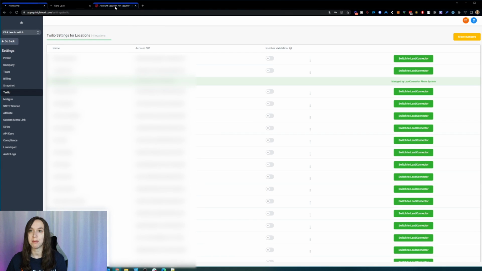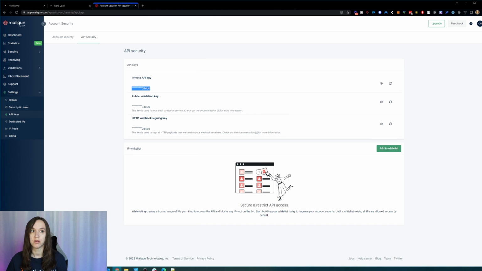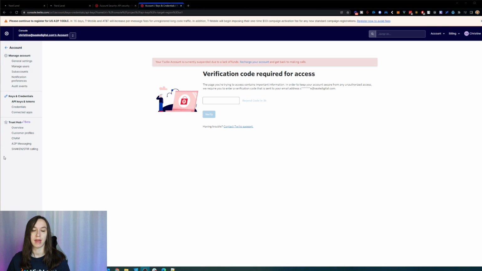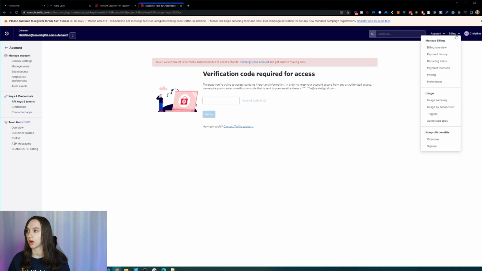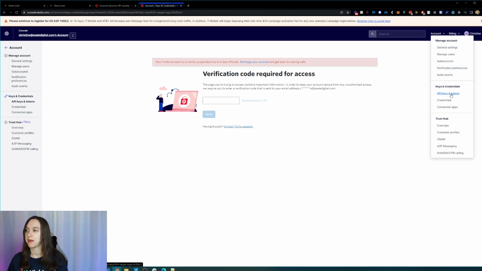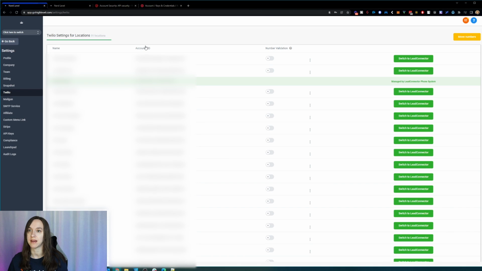So you're going to grab those out of your Twilio settings, and you're basically going to log in, and you want to add your credit card information in here. I have another video on how to do this. Payment methods, update your payment method, and then go into the account and then click on API keys and tokens. And they're actually going to give you an API key and an auth token that you can put inside of High Level to set that up.